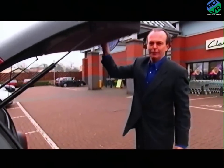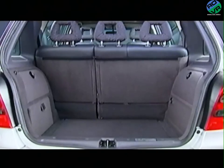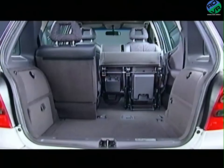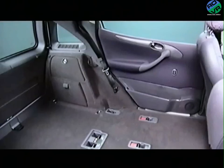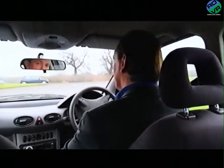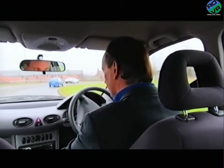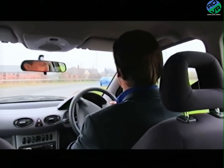There. Why do people have children? They are the small car with big versatility. And if you fold or remove the rear seats, you're looking at the capacity of a small van. So with the small car segment going from strength to strength, Mercedes, quite rightly, expect the long wheelbase A-Class to